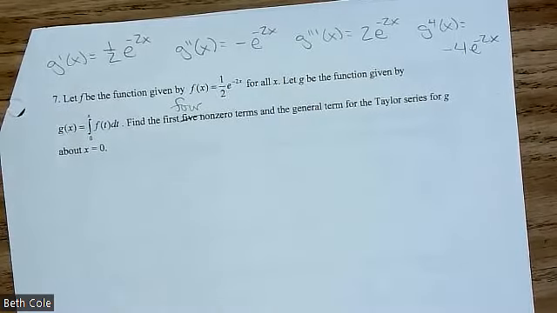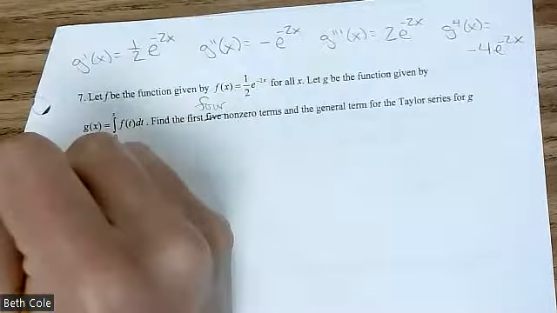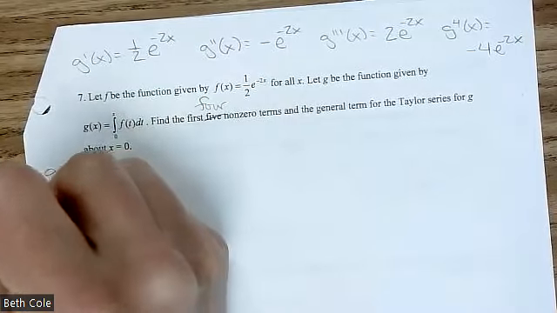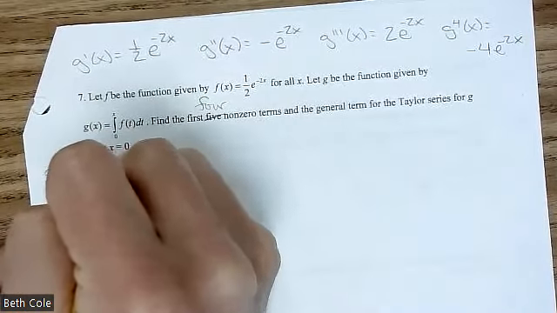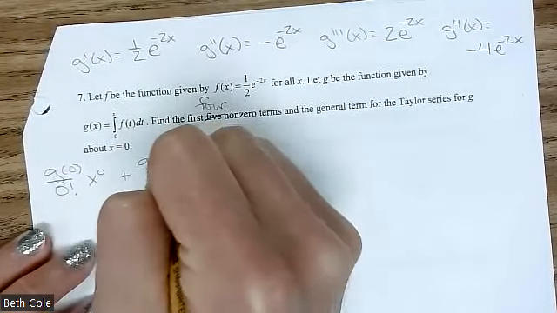Was this centered at 0? Yes, about 0. Okay, so that's a little bit shorter to write. So it'll be take 2. G of 0 over 0 factorial x to the 0. And then